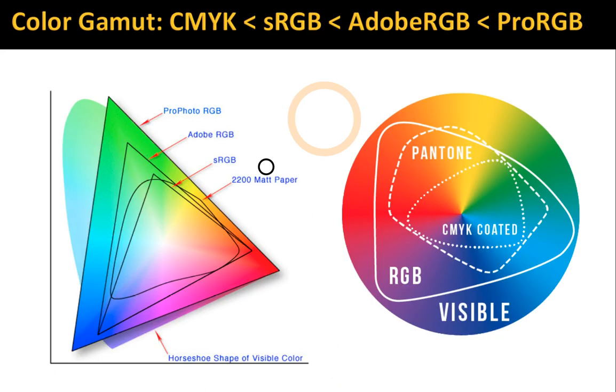Now this is what's called color gamut, and gamut is the amount of colors that you can see or use in any one color model. And there are different color gamuts: CMYK, sRGB, Adobe RGB, ProPhoto RGB, which you'll hear about more in the tutorials as well. And you'll see in here the CMYK color gamut is only a small subset of all those colors, and then you get outside of it, you've got RGB and you've got more, and then you've got the whole visible spectrum. And so even RGB color can't show you all the colors that we can actually see, and that's why you have these other color modes that add more color